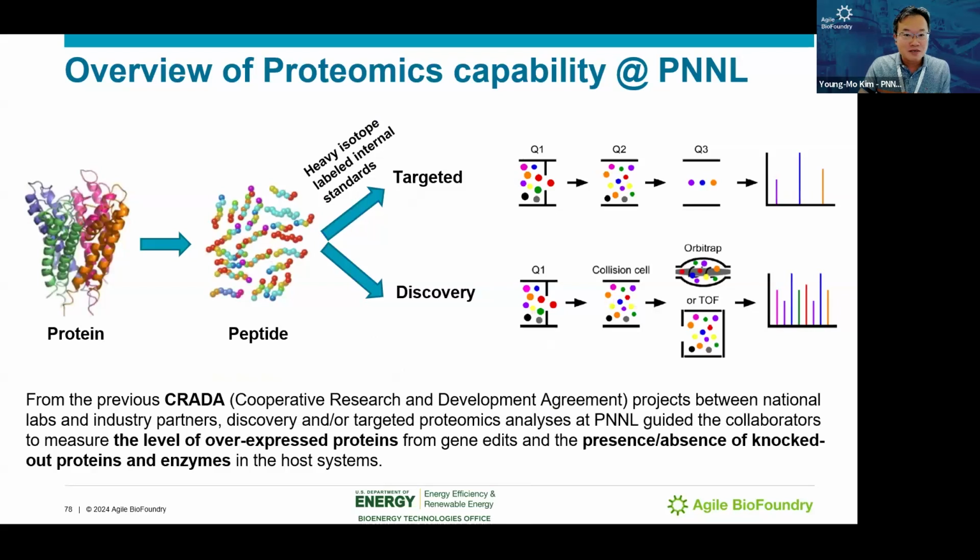So we have these two types of, in general, proteomics. The upper one is targeted. We need to add heavy isotope labeled substrate, and then we can measure both of them to measure their intensity, so it is a very focused analysis. And the bottom one is where we can just do the full search with all the proteins.